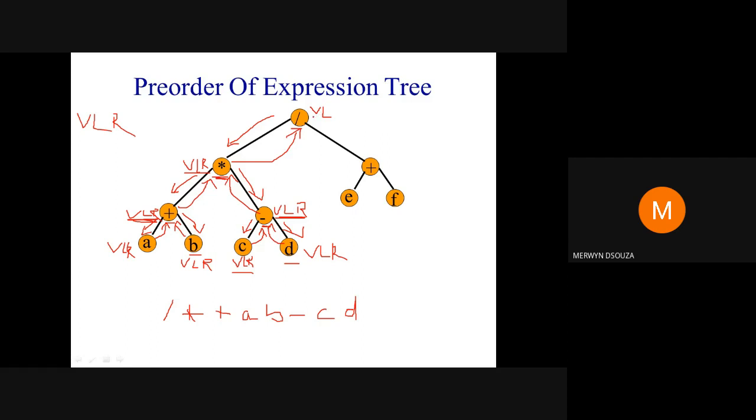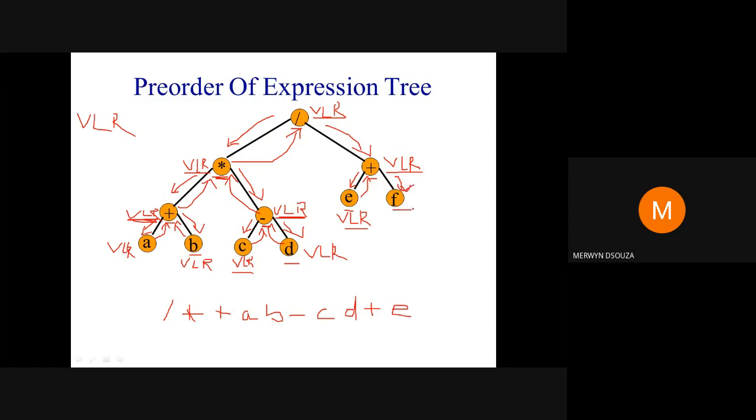Any steps remaining here? Yes, right is remaining. So write it down. Go right. You reach a new node. Visit. Then try to go left. Okay. New node. So visit. No left. So try to go right. No right also. Okay. So all steps are done. Go back up. Any steps remaining here? Yes, right is remaining. So write it down. Go right.